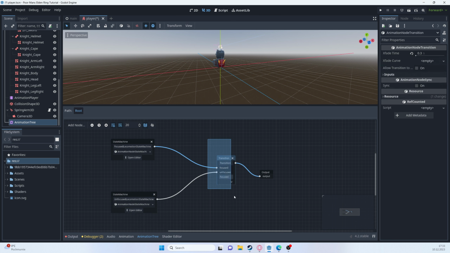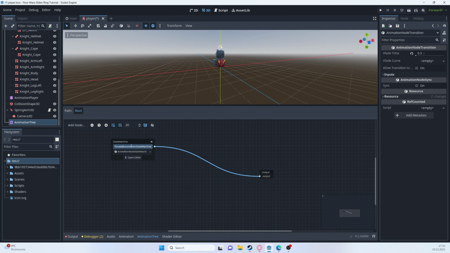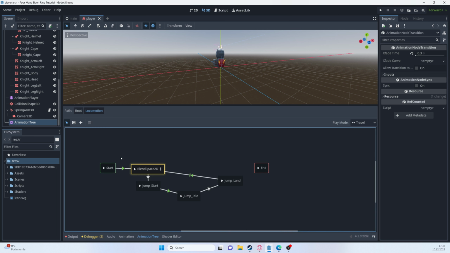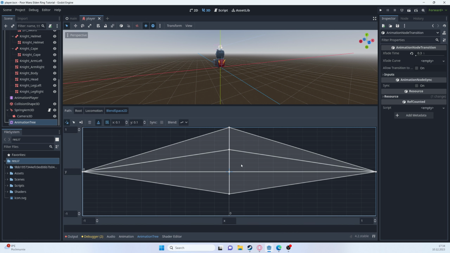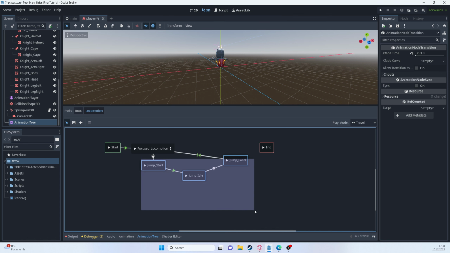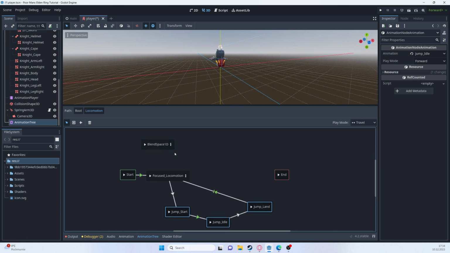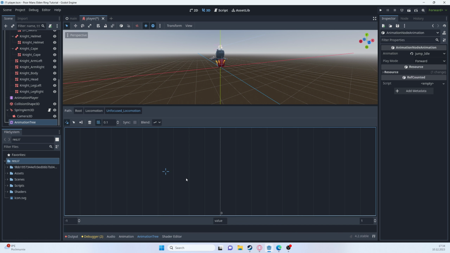So let's do this. I will delete this and delete that and put that here, and I'm gonna just call this locomotion, and we will start working on the setup for this. Okay, so first things first, I'm going to say that this is blend space 2D, and since this is blend space 2D, I know that this is focused locomotion blend space 2D. Okay, let's move that down. I will need my blend space 1D, and I will call this unfocused locomotion. And then I need to go here and basically re-add those